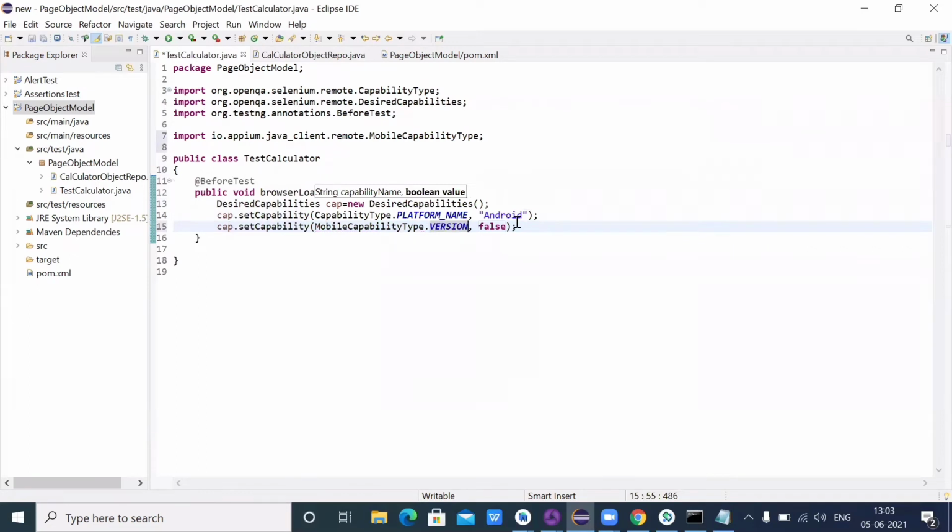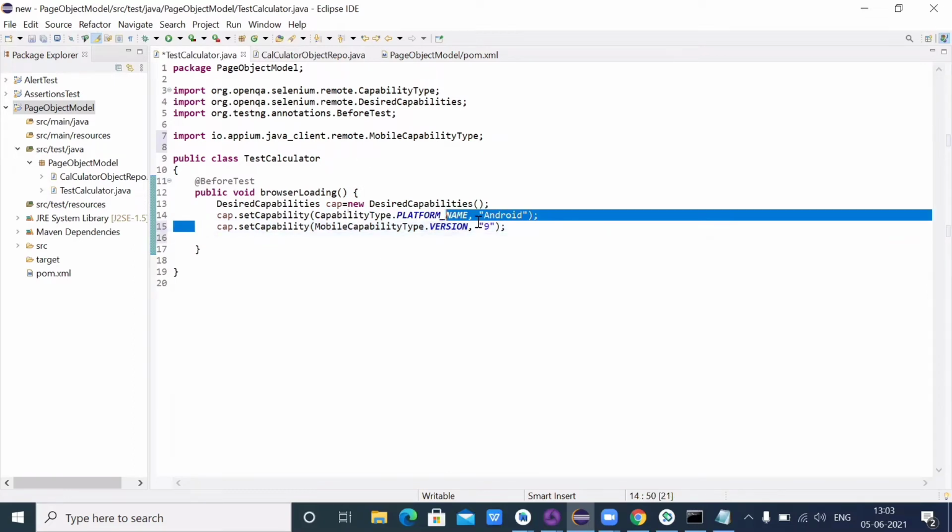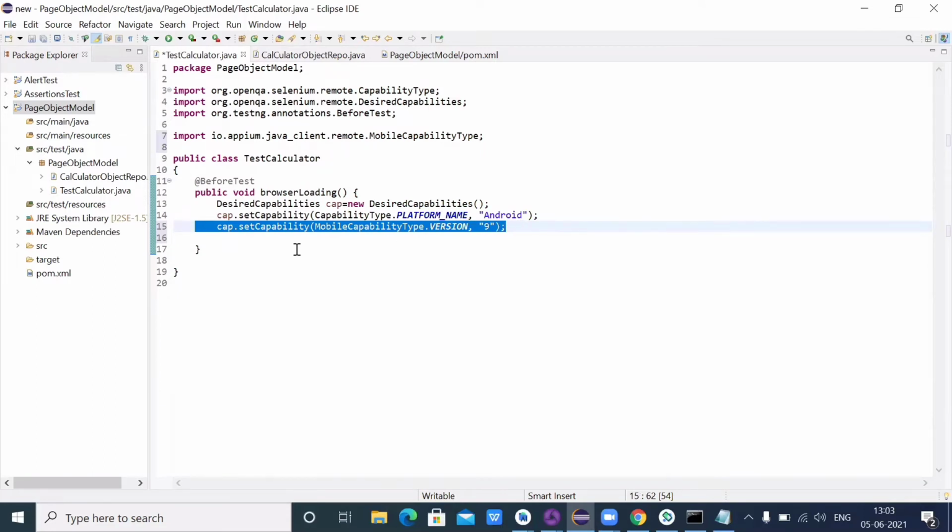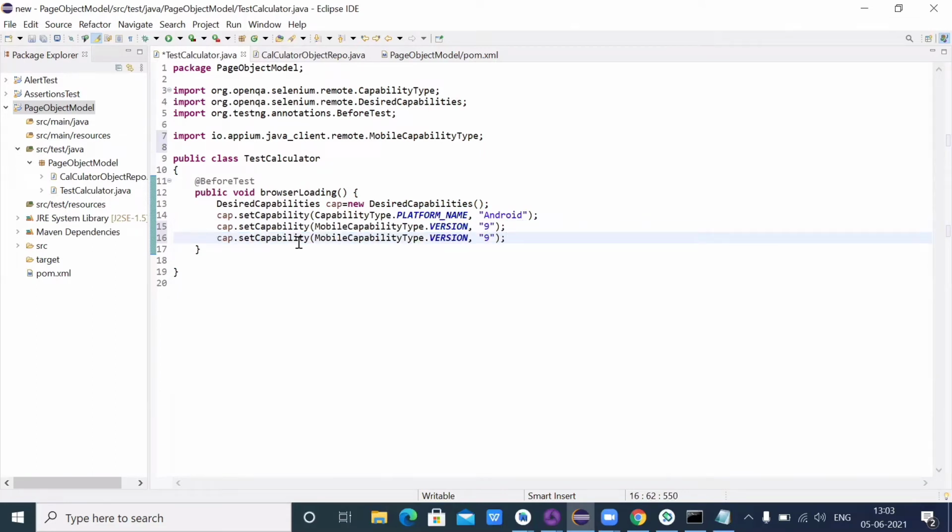So version for Android, I am dealing with 9, so I will pass here the version of Android as 9. You will check for yourself, it will change, or you can give according to your system whatever version of Android you are using. Now I will copy this cap.setCapability 2 more times because I want 2 more capabilities.